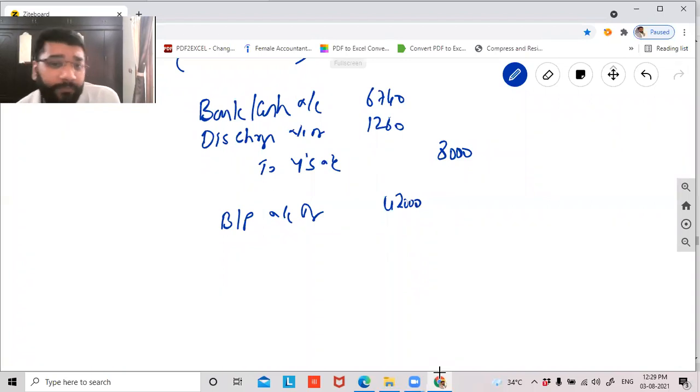Tell me guys, yes or no? Yes, sir. And on the maturity date, if X is not paying to Axis Bank, can I say Axis Bank will recover this money from Y? It is because of X's mistake that Y is suffering. So is it not the responsibility of X to pay Y? So we will close the bills payable. We'll close the liability towards the bank and we'll open the liability towards Y.